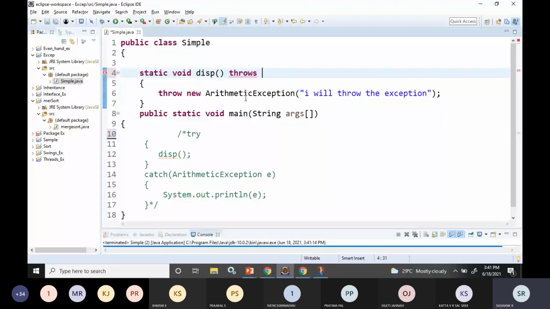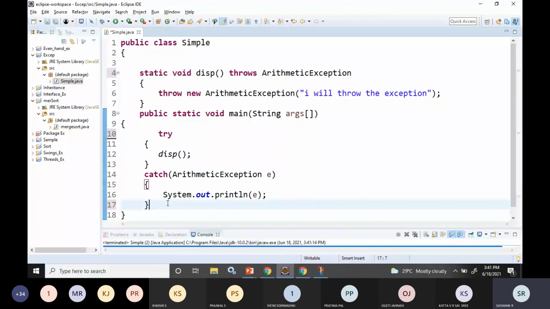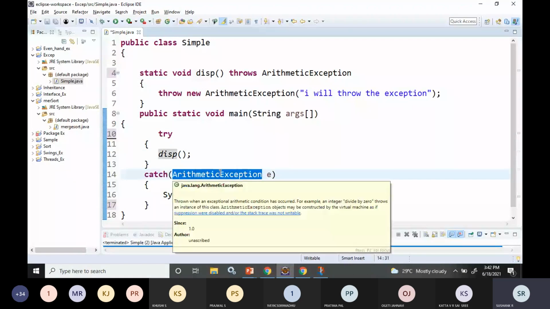So in this way, the display function will be notified that it will throw an arithmetic exception. Since it will throw an arithmetic exception, they can guard against that. So now you will not get the error. All these things will be handled.